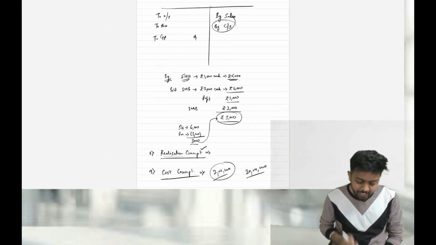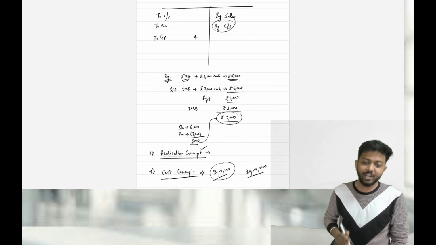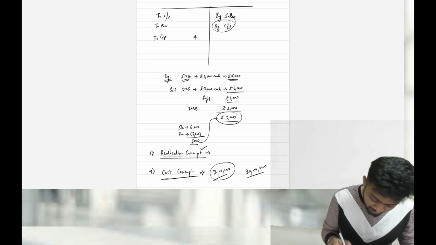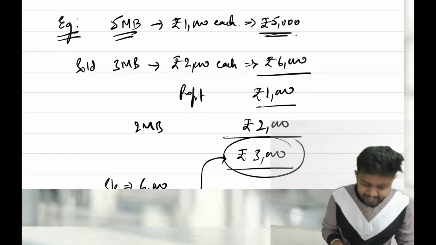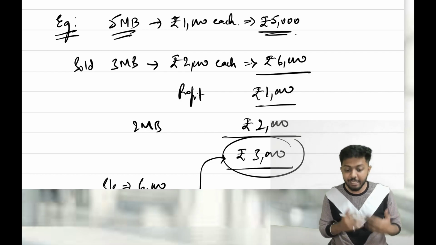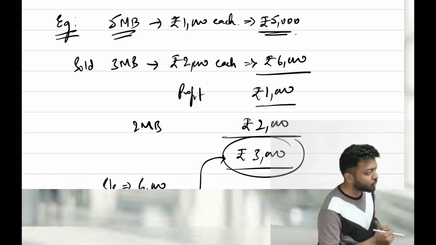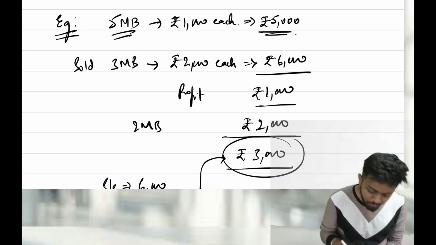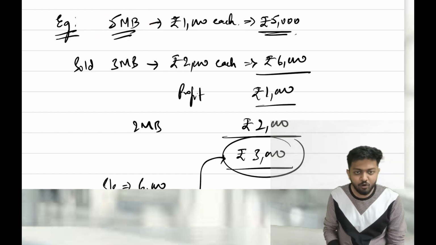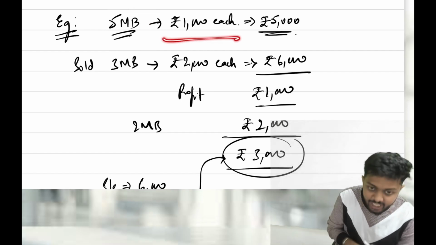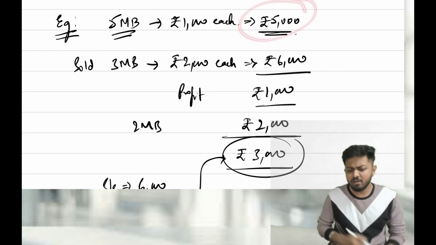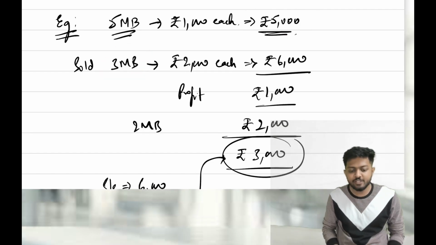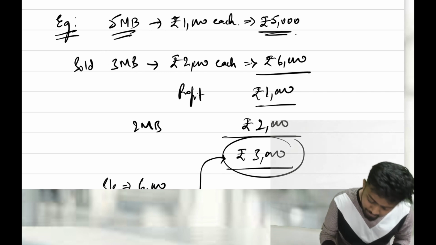One brilliant way for us to understand matching concept is with the below example. With this, we'll understand one important thing also. I know it's a revision video, but this one thing is very important for us to understand. Generally, we discuss a little deeply in the in-depth classes, but right now we are in revision sessions. Say suppose you have purchased 5 mobile phones, each at 1,000. So your total purchases become 5,000. Then you sold 3 mobile phones at 2,000 rupees each. Your total sales became 6,000.